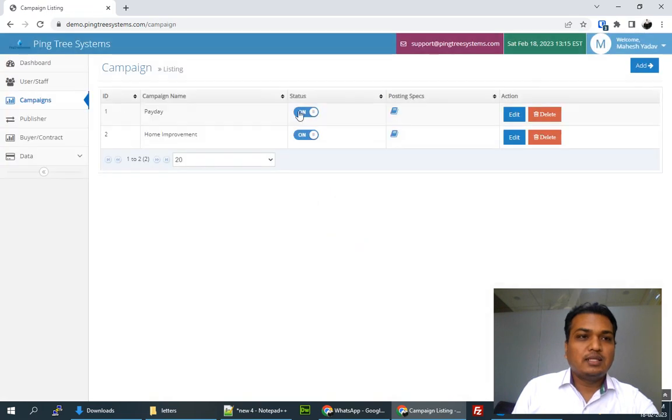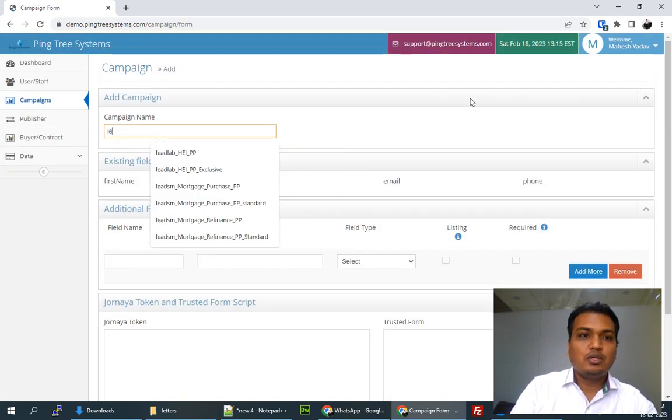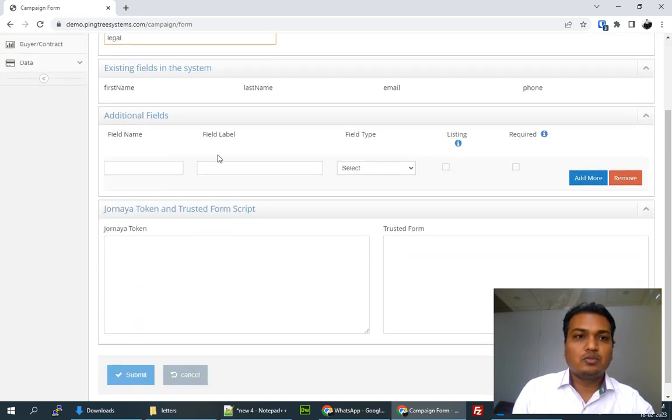On the left-hand side there is a campaign section, so you can create as many campaigns as you want by clicking this add button. You can put the campaign name, legal, whatever you want. Then first name, last name, these are the four mandatory fields. Then you can add your own fields like address,